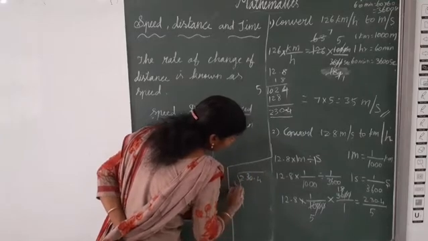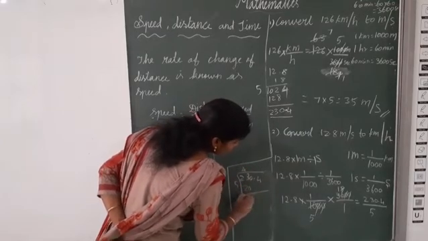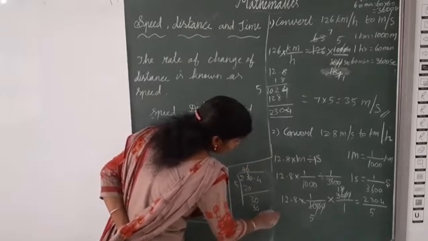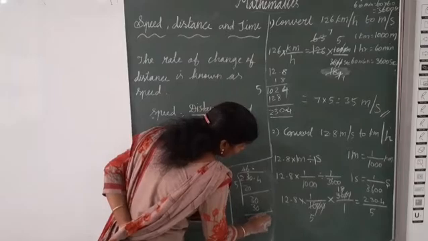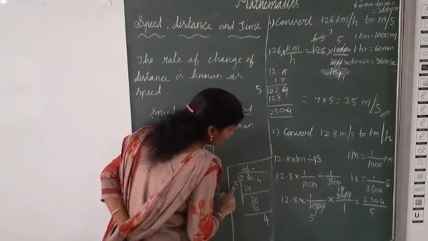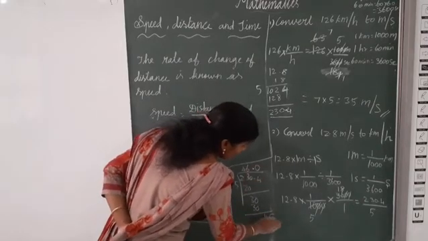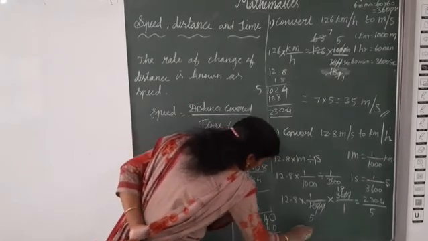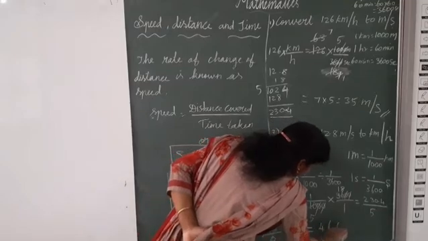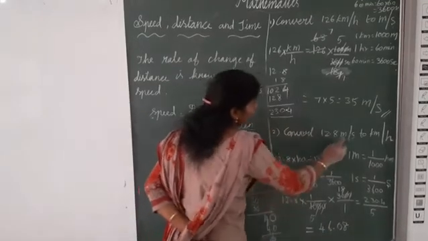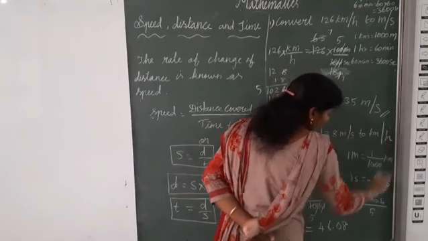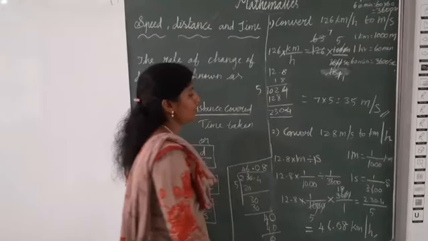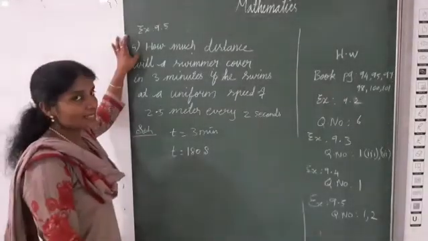230.4 divided by 5. 4 5s are 20, 3 balance, 6 5s are 30, isn't it? 6 5s are 30, then point. Here we can put 4. 4 is not in 5 table, so we can add one 0. Again we can add one 0 here. 8 5s are 40. So what's the answer? 46.08, so 12.8 meter per second is converting to 46.08 kilometer per hour. Are you clear? Now exercise 9.5.